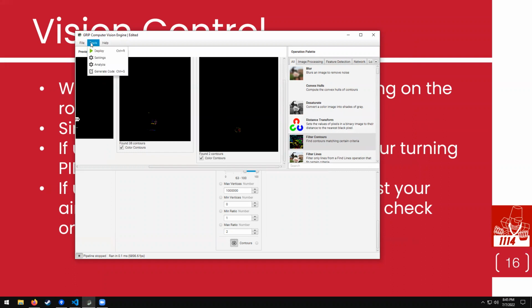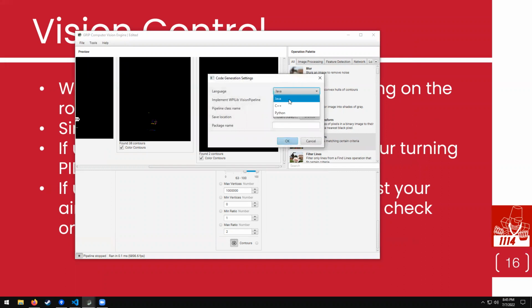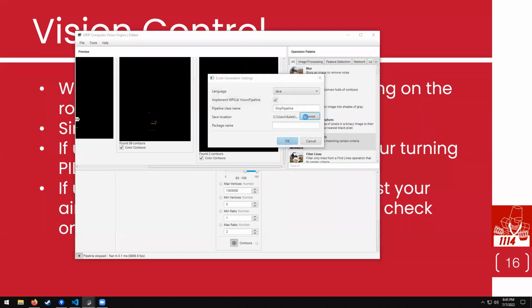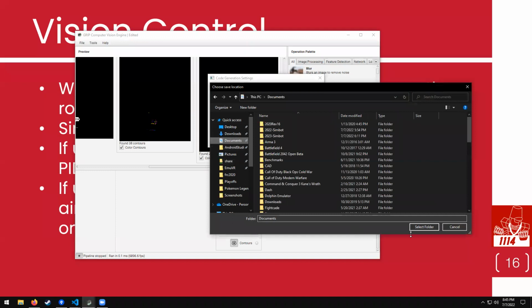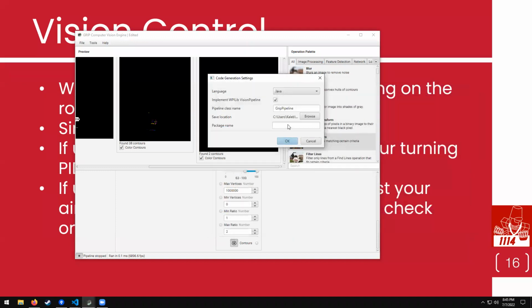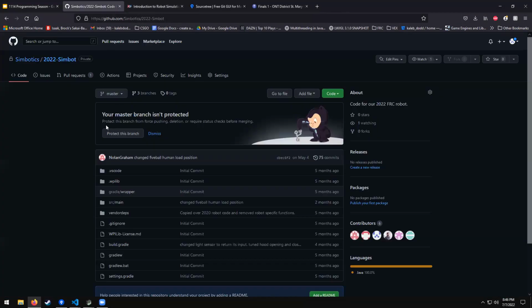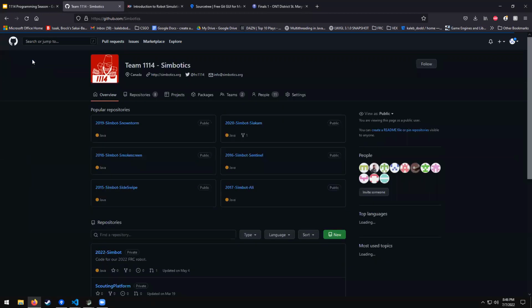And then for GRIP, you can generate code, and you can just say I want Java code, and then it'll extract this to a file, which has all the OpenCV code that's doing all this. And then you just need something in your robot that's going to use the code that it generates. So back in 2017, that's what we used. So if we go to our 2017 code,